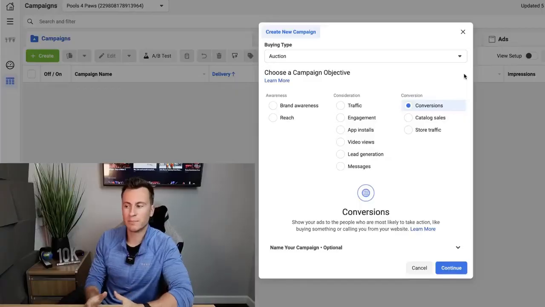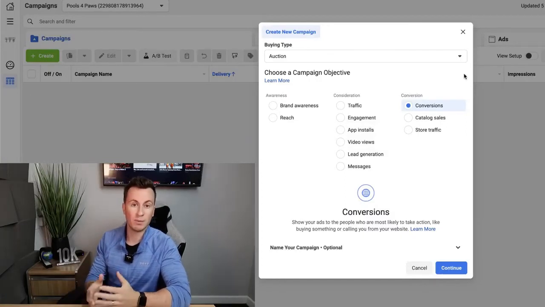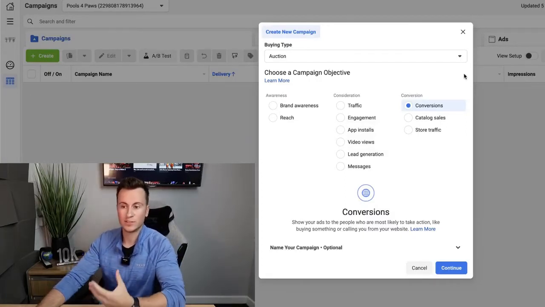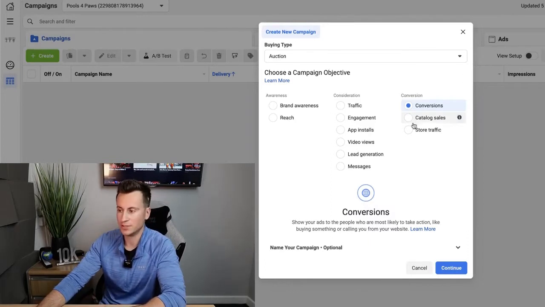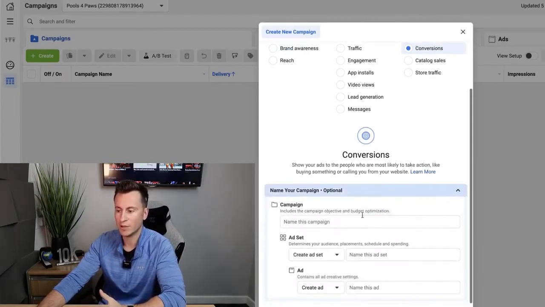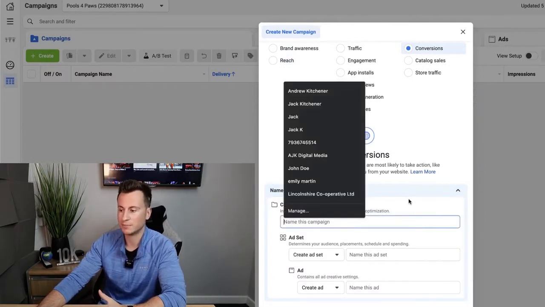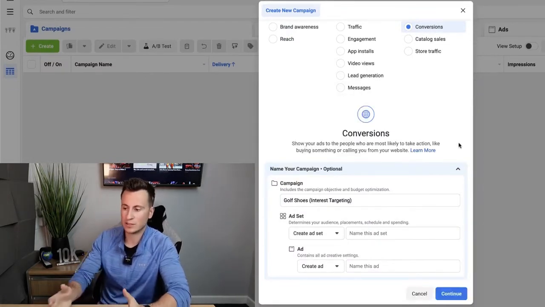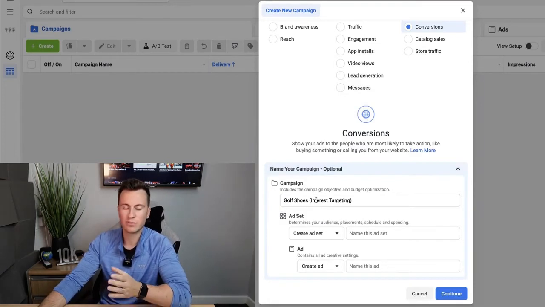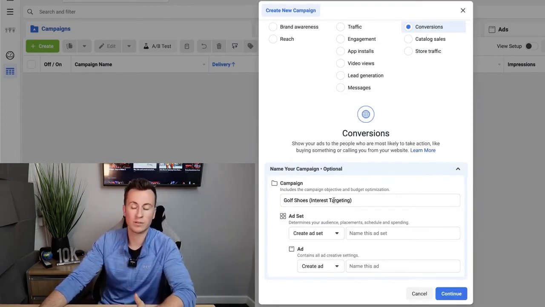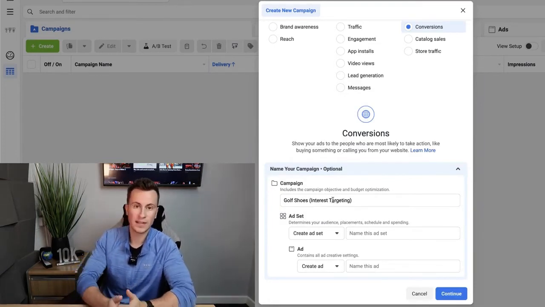So because conversion campaigns are probably going to be the most common one that applies to everybody watching this video, this is the one I'm going to use as an example basically. So I've got conversion campaigns selected. Before we click continue, make sure you hit the arrow and it gives you a chance to name your campaign. So this is the typical format in which I like to name my campaigns. It's usually the product name. So in this instance example I'm going to show you is golf shoes, so I know exactly what the product is,